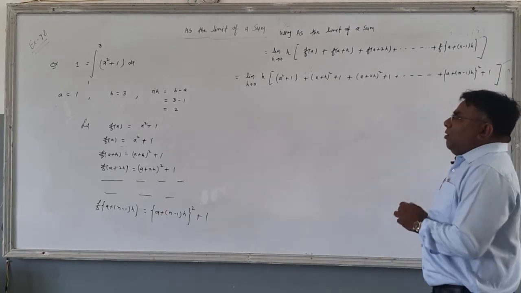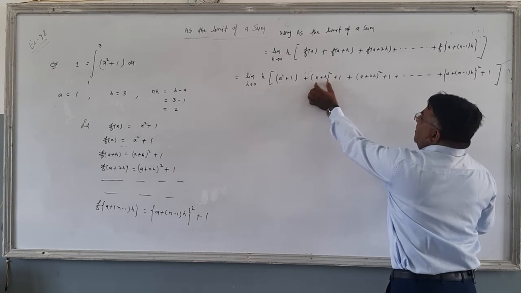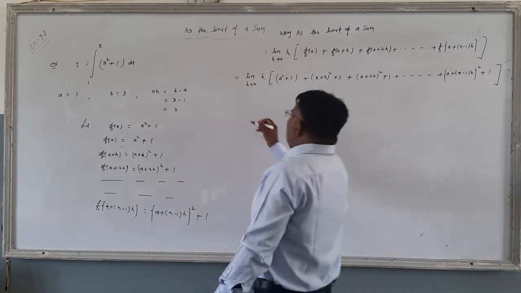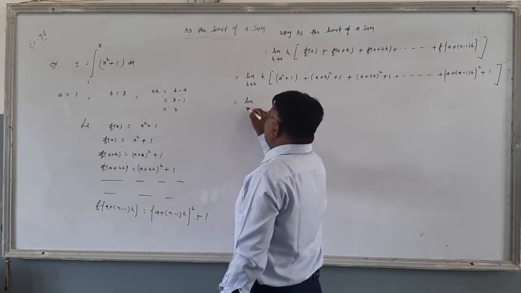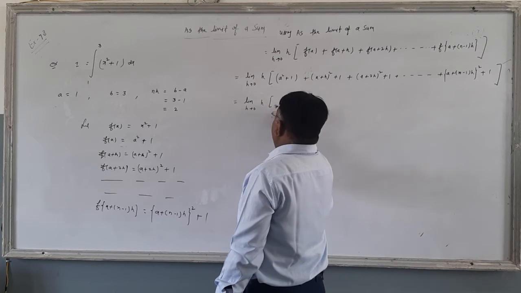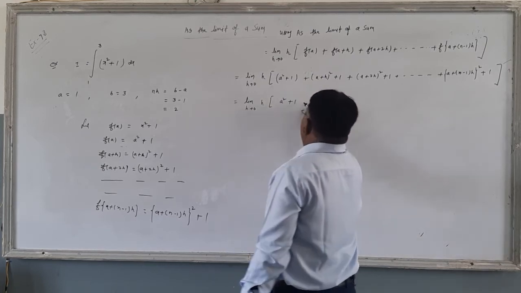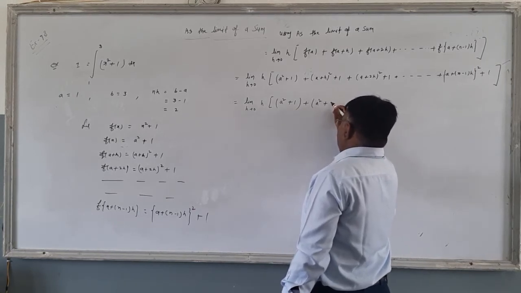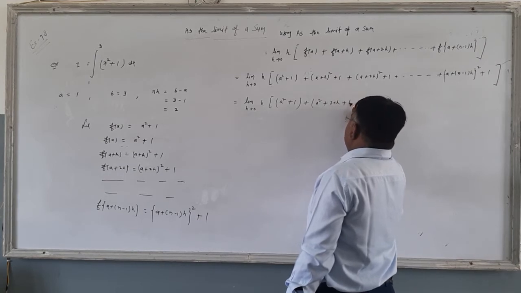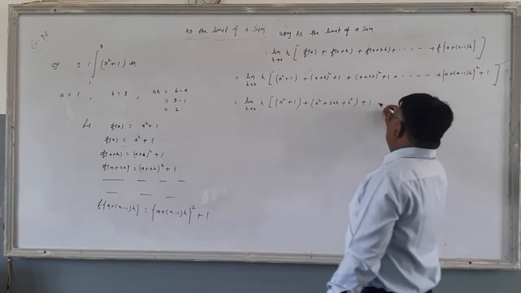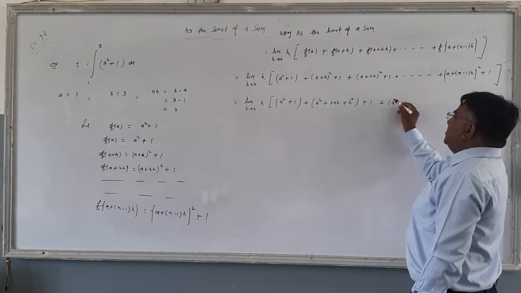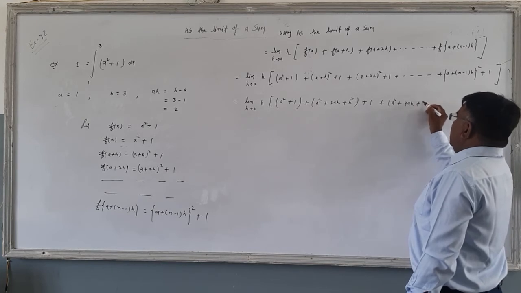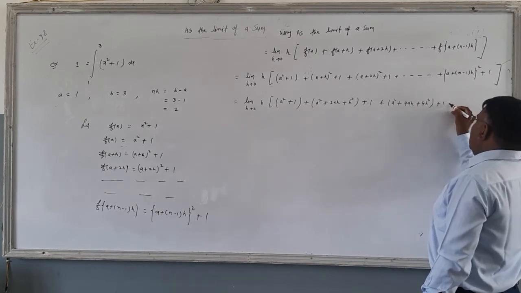Right, students? And now, what is a plus h whole square? Now I expand using a plus b whole square. Whatever whole squares you see, expand them with the a plus b whole square formula. So the next step: a square plus 1 as it is. Then a plus h whole square is a square plus 2ah plus h square plus 1 as it is. Now again a plus b whole square, that is a square plus 4ah plus 4h square plus 1 as it is, and so on.